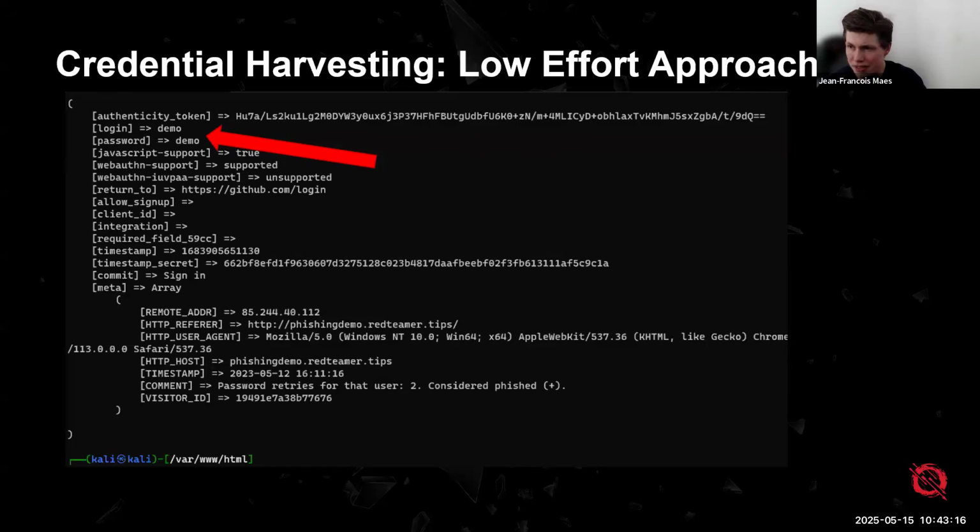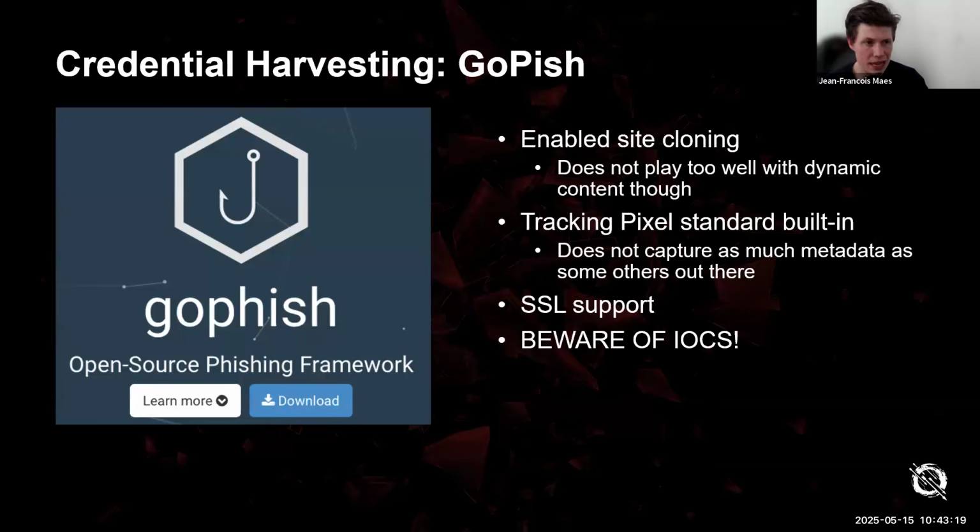We could also put this in a framework. There are frameworks out there like GoPhish, for example, which makes the life of an adversary or a red teamer in this case a lot easier because it has a lot of built-in functionality, allows you to clone websites out of the box. It allows you to use a tracking pixel like the one that we have talked about. It has SSL support, but you should also be aware of any indicators of compromise, right? Most of these frameworks out there will, of course, have been fingerprinted by blue teamers and by threat intelligence providers,